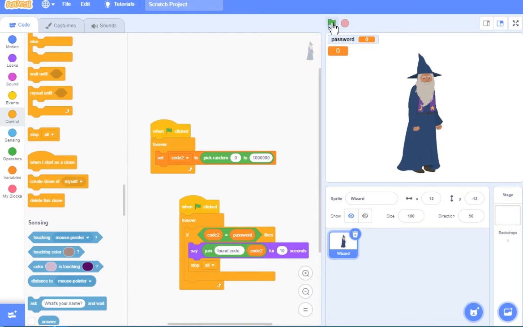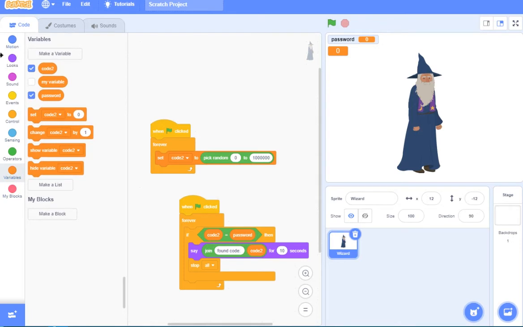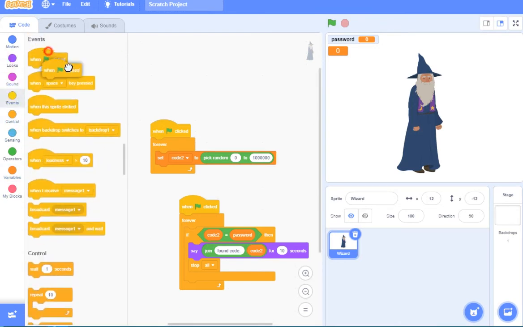And then test the code. Oh wait, but first, when this is clicked,